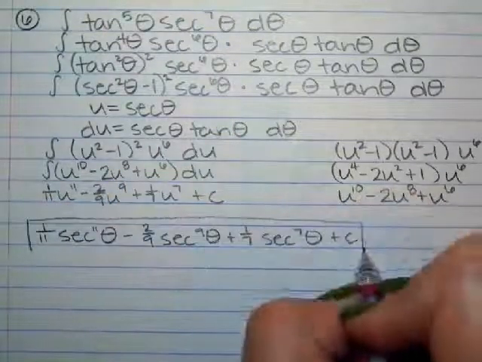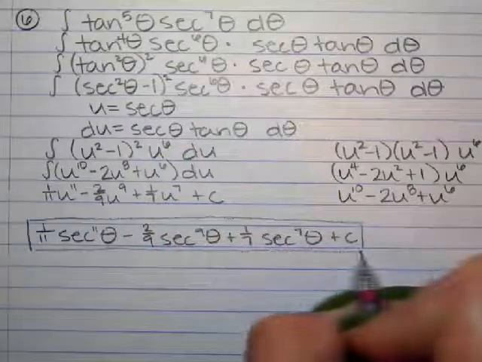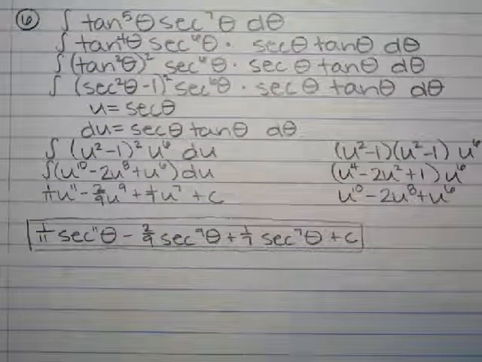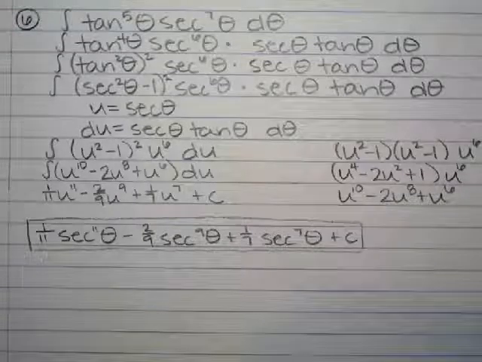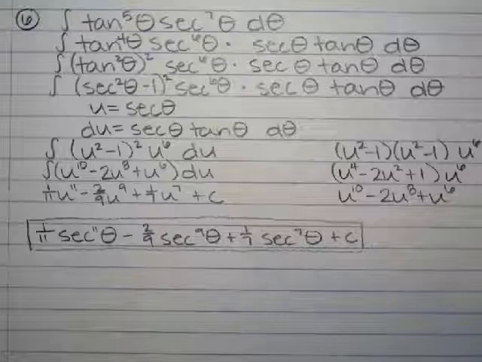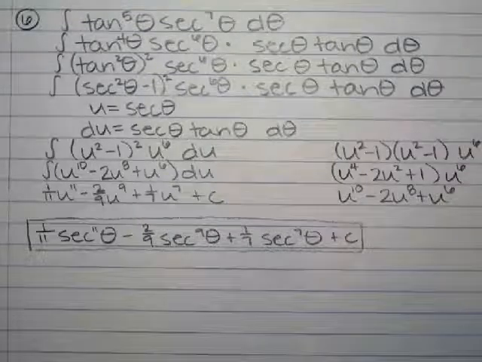All right, how do your brains feel? Brains feel good? So the trick for these is to look for a secant squared, look for a secant tan. That's the trick. Okay, so the 4 problems